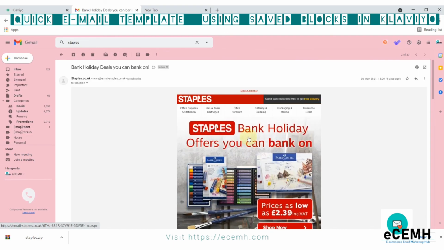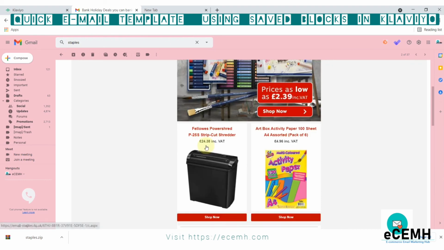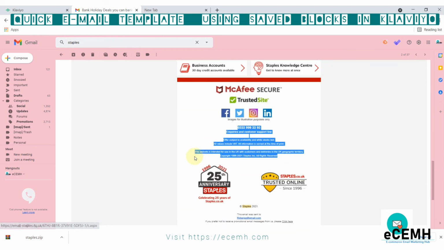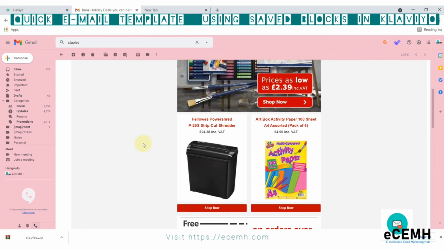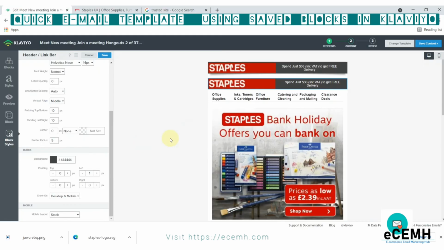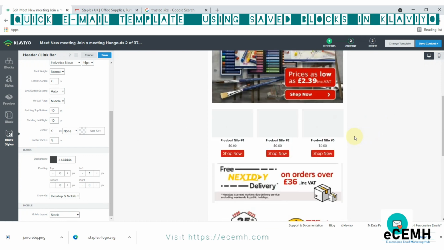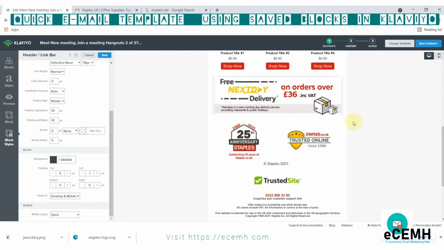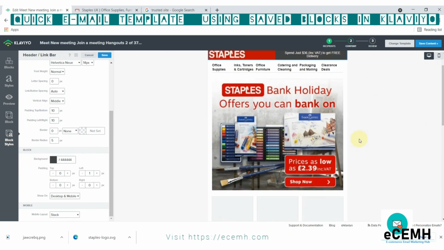No need to go into the hassle of learning HTML coding or all that stuff. You can create your own templates just with a little bit of imagination and color scheme and all that stuff. So I hope Anas and Alize and any other student who is wondering how to create the same templates using Klaviyo, in this way you can create attractive templates. Thank you.